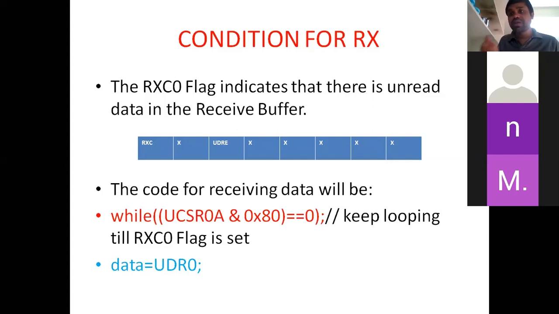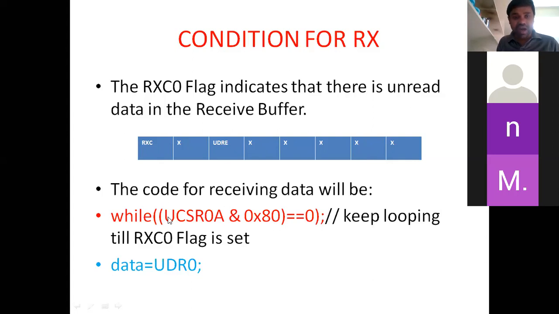I am talking with respect to the reception. Transmission is over. During the reception, I want to check whether some data is available within the buffer or not. Data is available whenever we send data from the system, that is a wired communication, or whenever data is coming from a Bluetooth module, Zigbee module or Wi-Fi module. The code for receiving the data uses the same register and with the interested bit, where we are interested in the receive complete bit. This bit is 1, remaining bits are 0. The answer is 80, that is nothing but 0x80.